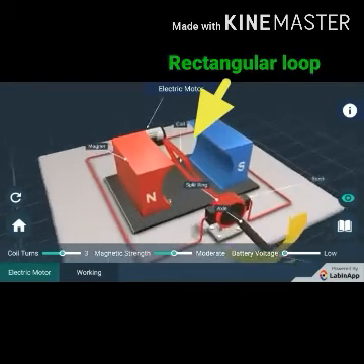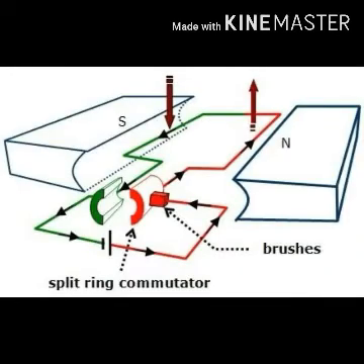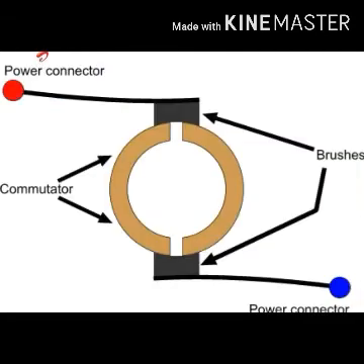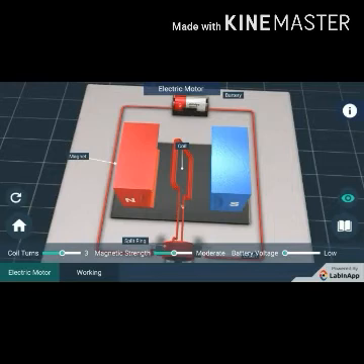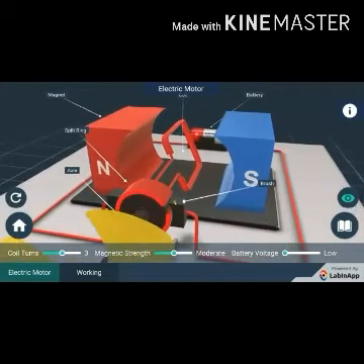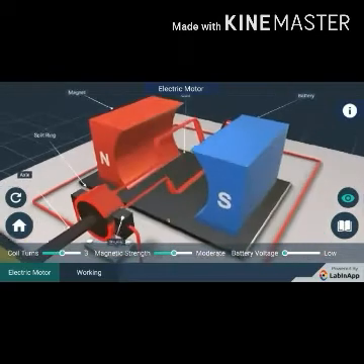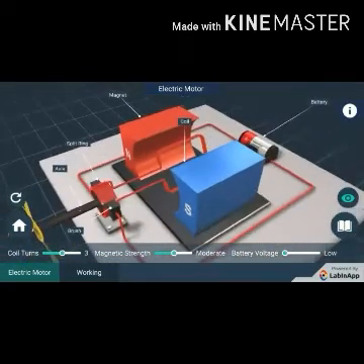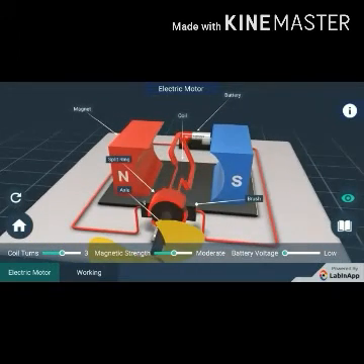The ends of the coil are connected to two halves of a split ring. Split ring means when you cut a cylindrical ring into two half parts and connect it in a circuit, it is called a split ring. The inner sides of these halves are insulated and attached to an axle. The external conducting edges touch two conducting stationary brushes. Current in the coil enters from the source battery through the conducting brush, flows back to the battery through the other